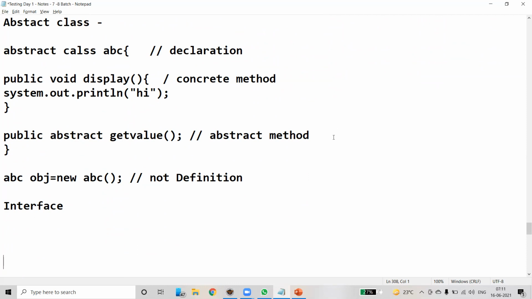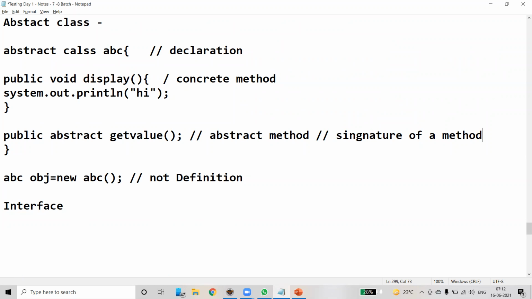So this method notation is also called the signature of a method. A method without implementation is called a signature of a method, also called an abstract method, or an abstract function. Is it clear?